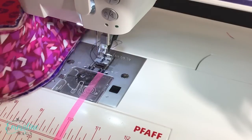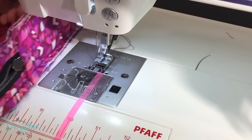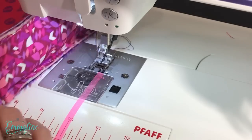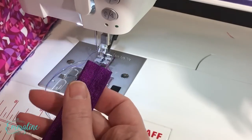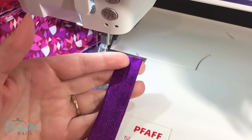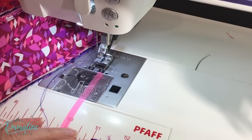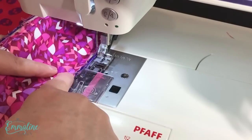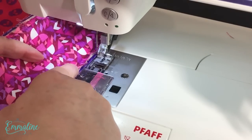Alright, we're back from sewing on our gusset piece. We still have our lining here on the outside and it's still wrong side out. Okay, so we're ready to attach our by Annie's fold over elastic, which is 3/4 inch wide. Okay, so we're going to join it right at the bottom center, and that's where we're going to start